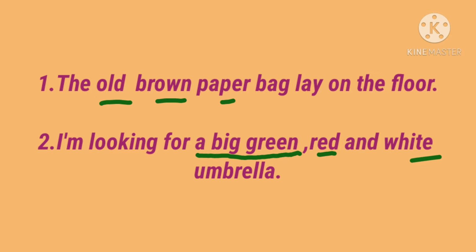In the sentences above, more than one adjective is used to describe a noun. Yes or no? When there are two or more adjectives in a sentence, a particular order needs to be followed.